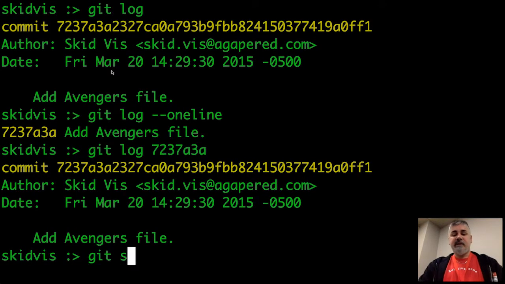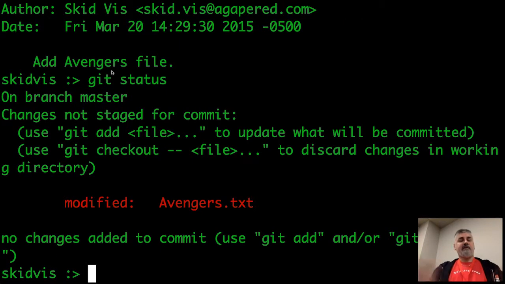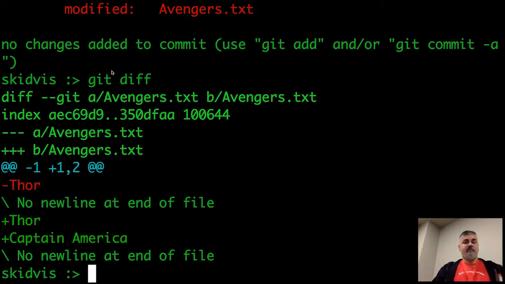If I do a git status, you'll see, hey, Avengers has been modified, something's changed. If I want to know what, I do git diff, and it tells me this file changed. There's a difference. It says that Thor was removed, but it wasn't because it's re-added in the next line. But it does show that Captain America was added. So now I know I can commit this.